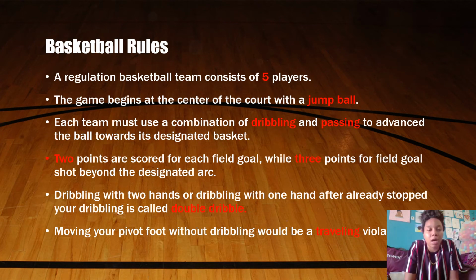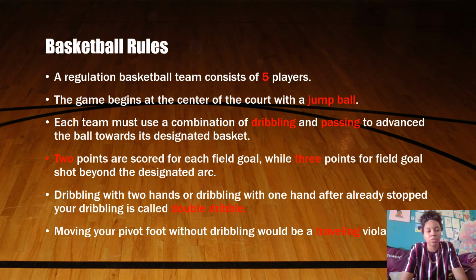Each team must use a combination of dribbling and passing to advance the ball towards a designated basket. So basketball is a game of dribbling and passing. 2 points are scored for each field goal, while 3 points for field goals shot behind the designated arc. So 2 points anywhere inside of the arc of the 3-point line, and anywhere outside of that, 3 points will be